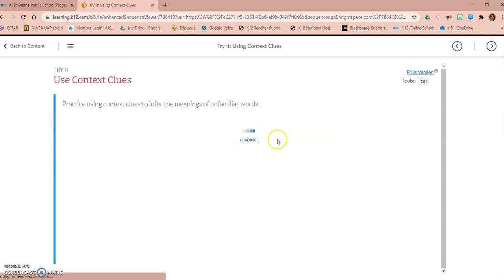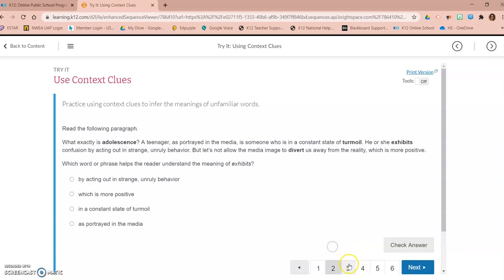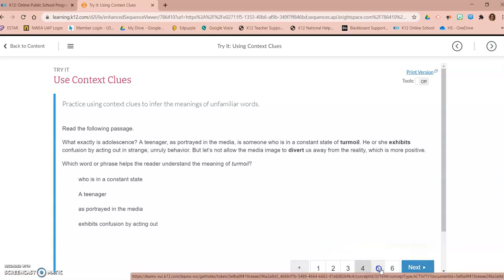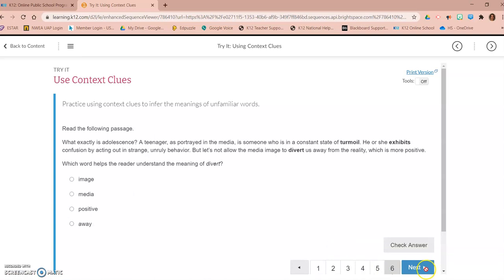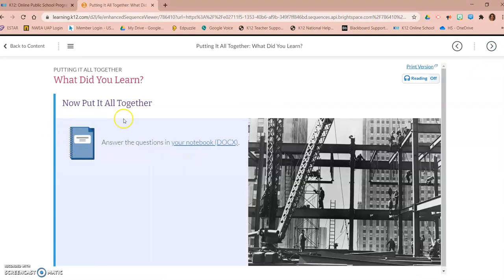We've got another activity to do. You guys kind of get the point, and you'll keep clicking. This one has some multiple choice questions, and you'll notice down here that there are different questions that you are supposed to work through, and then when you get to the very end, you would click Next. But I'm going to go ahead and click the next screen, and then we have putting it all together,